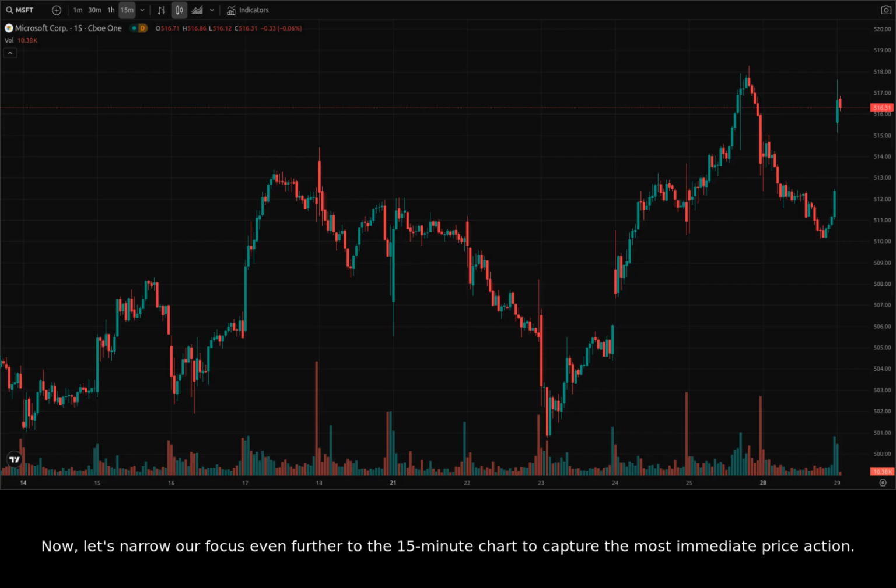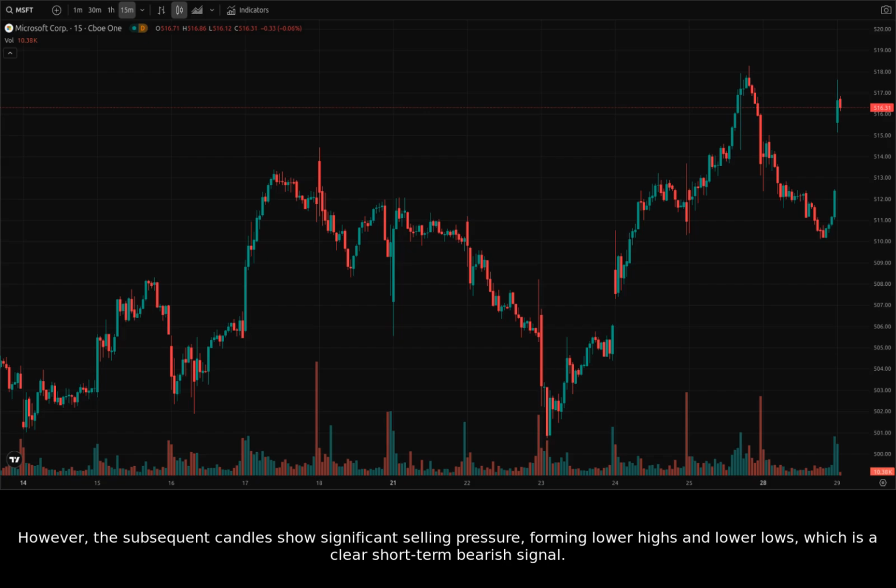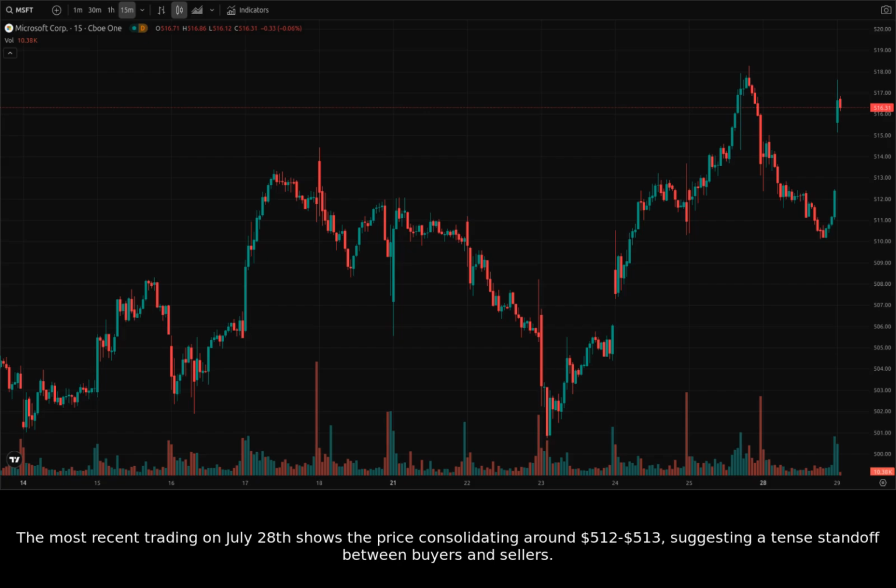Now, let's narrow our focus even further to the 15-minute chart to capture the most immediate price action. We can see here how the stock initially rallied strongly on July 25th, breaking through $517 and pushing to the daily high. However, the subsequent candles show significant selling pressure, forming lower highs and lower lows, which is a clear short-term bearish signal. The most recent trading on July 28th shows the price consolidating around $512 to $513, suggesting a tense standoff